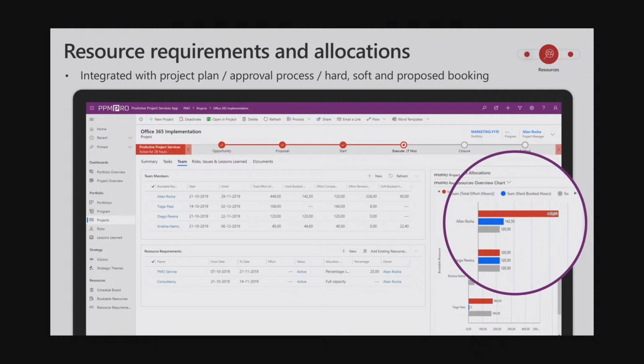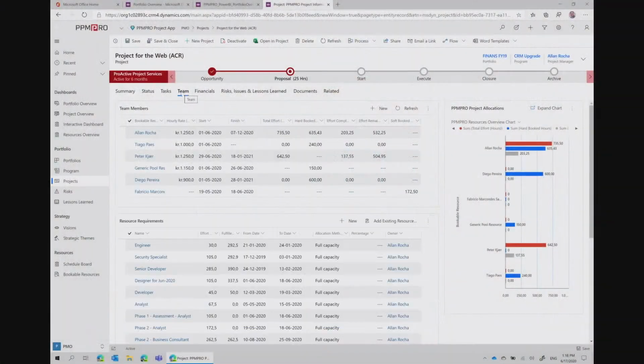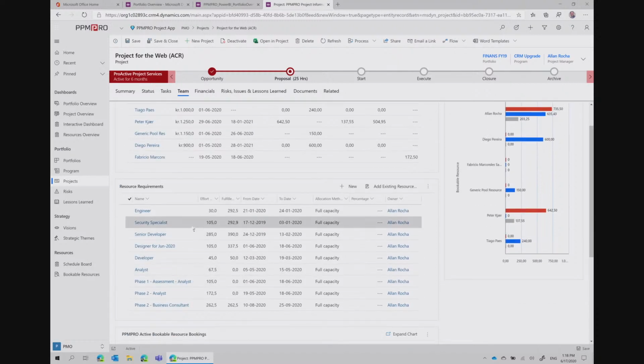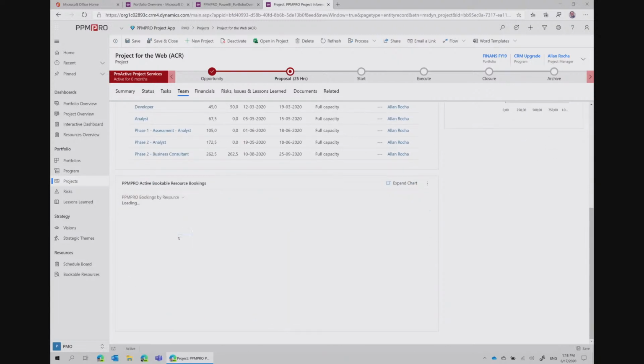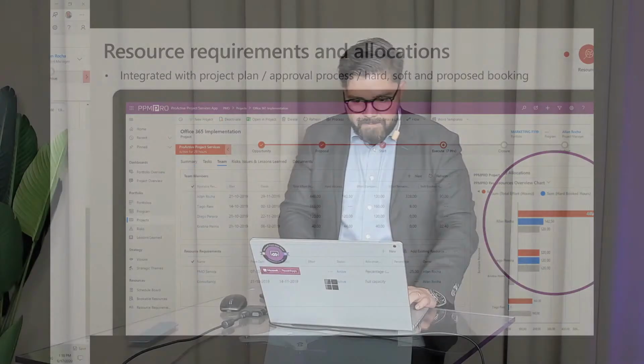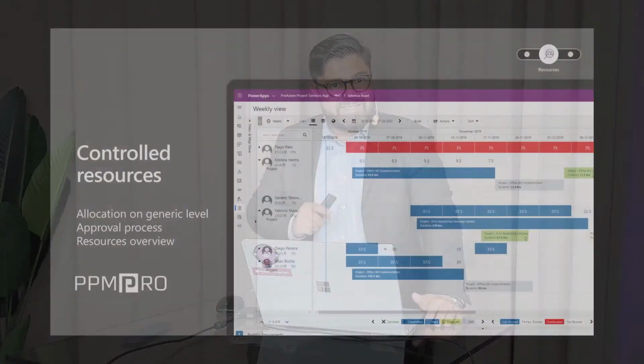With graphical visualization, you're able to see how much you are using and how much you are actually selected, and even more than that. If I take a quick look here at my Teams view, I can see all the information coming directly from my project plan, what I have requested to be part of my project, so I get a formal agreement within the organization with the users I can use, and even graphical visualization of usage of a resource by months or even costs, if you are working with costs on top of those resources. The tool is not only enabling users and organizations to take full control of the resource, but also optimize their resource scheduling